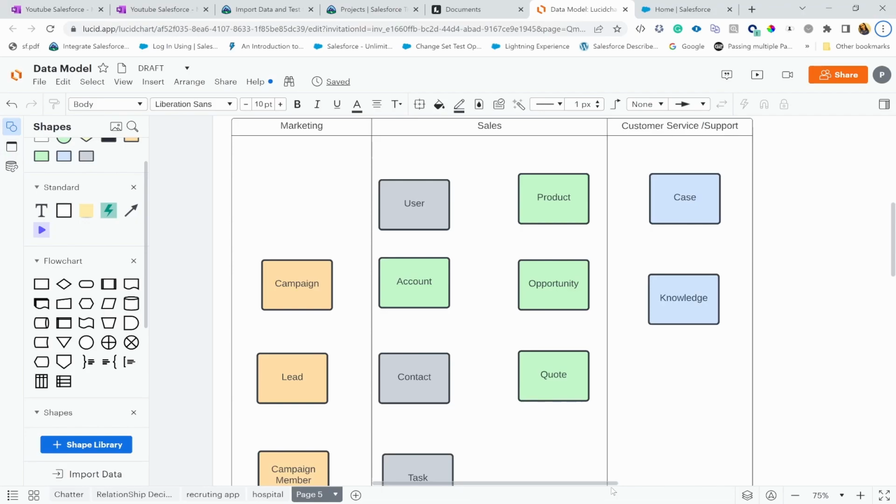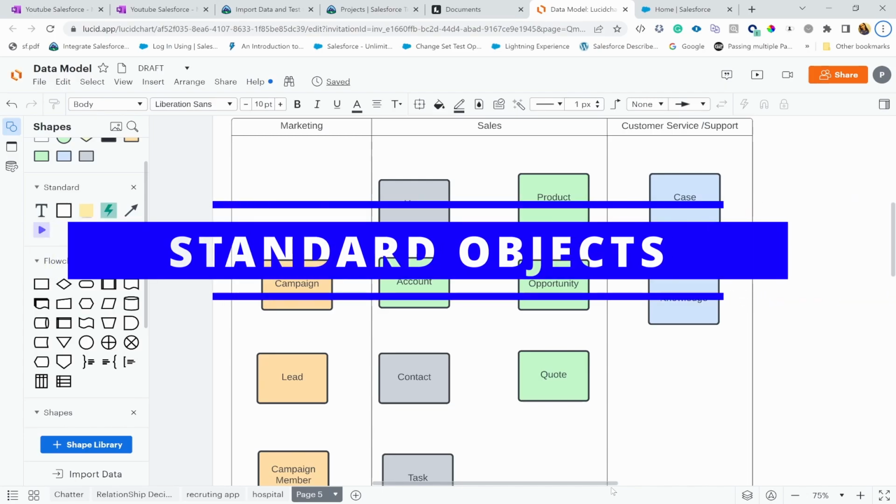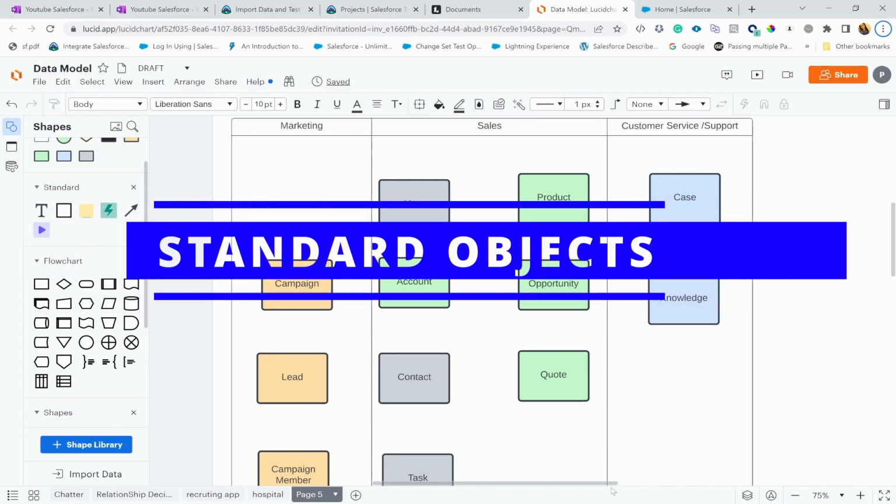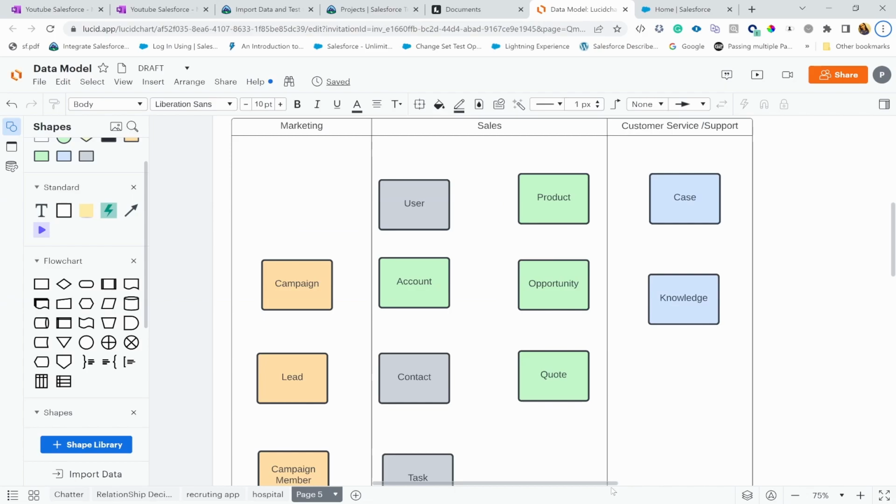We're continuing our series on admin essentials for beginners, and today we're going to talk about standard objects. I'm also going to cover which areas of Salesforce those objects are used in, and they will depend on your organization. So some organizations use objects differently than they were meant for, but as an admin, it is really important